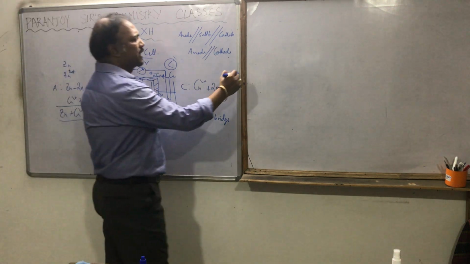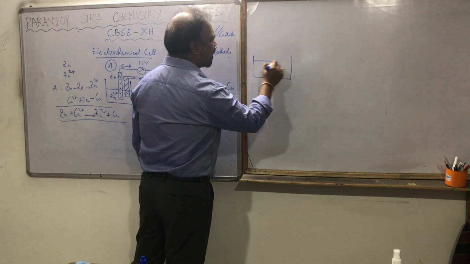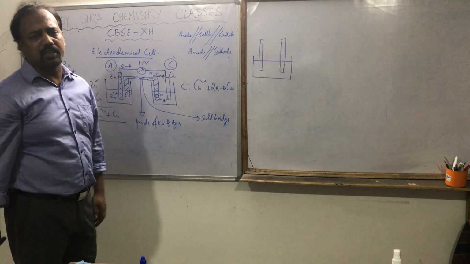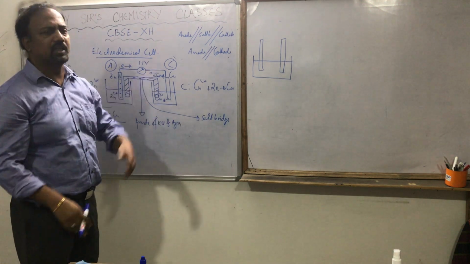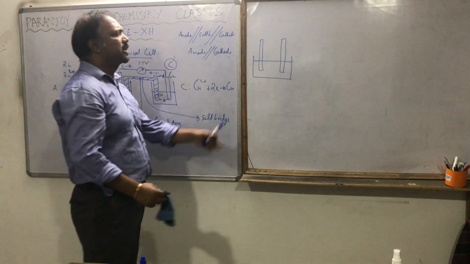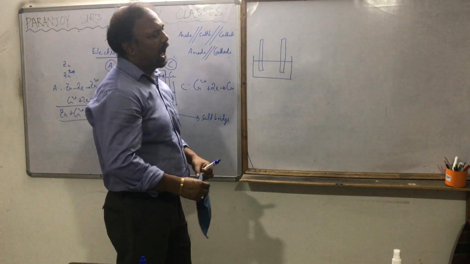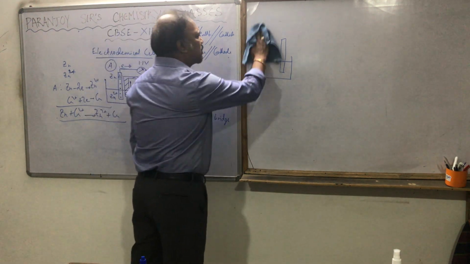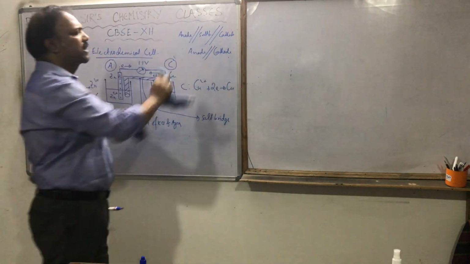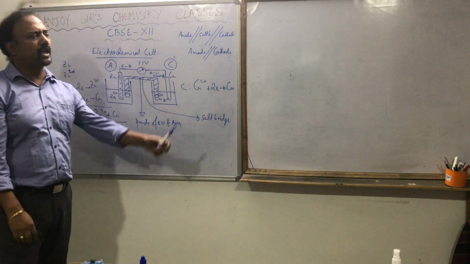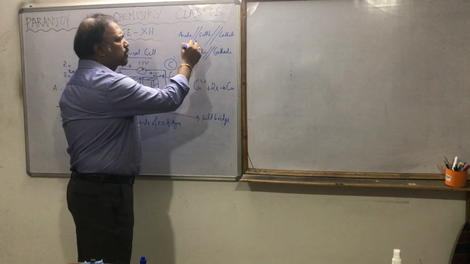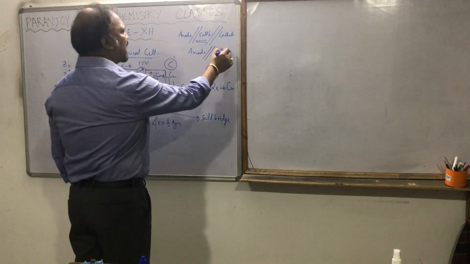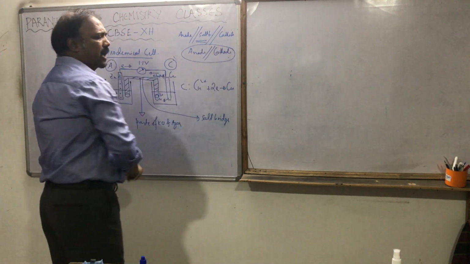In certain cases, there is only one vessel where the two electrodes are present. In most cases, it is like that. In this case, there is no need of a salt bridge. The circuit is automatically completed, because the role of the salt bridge is just to complete the circuit and maintain neutrality, which is already there, so it is not required. Where the salt bridge is not there, we write this. If the salt bridge is there, we write this. But if you don't write the salt bridge, it's also fine, it's accepted. Mainly it is the reaction at the anode, double slash, reaction at the cathode.